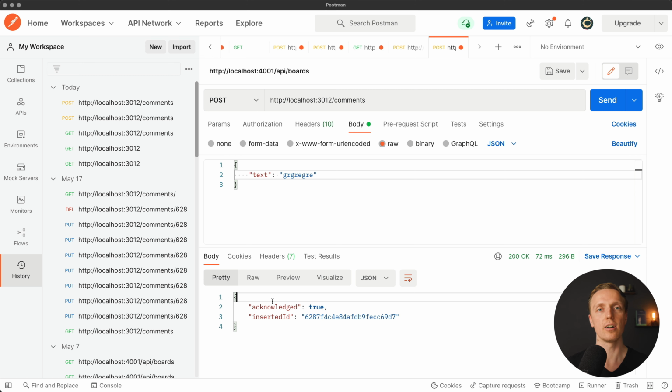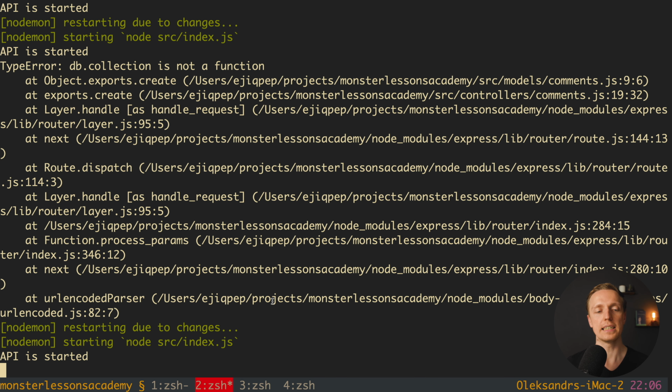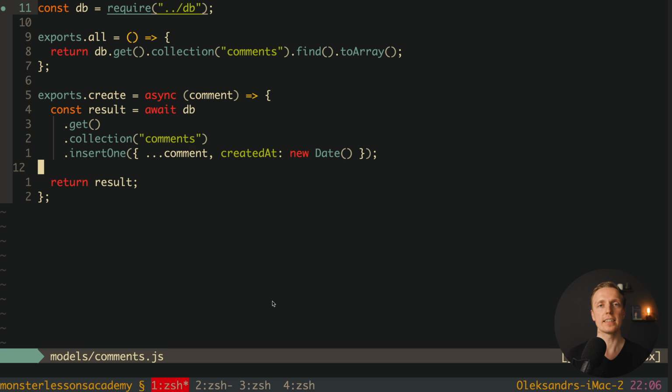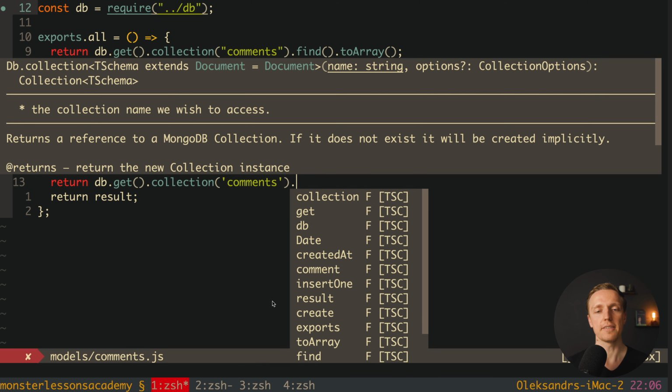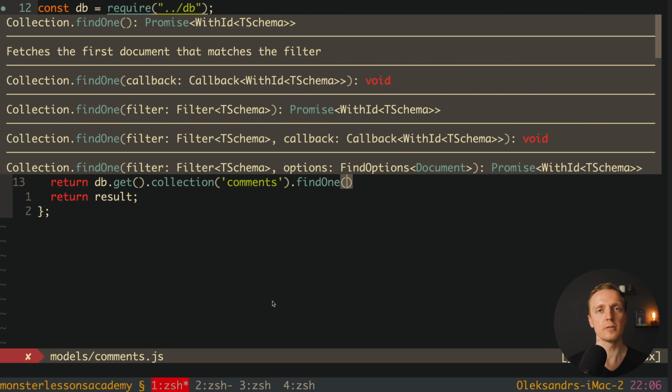I want to get the whole comment. Inside MongoDB it is not possible. We're getting back just this information. This is why directly here I want to get our full comment. And for this we can simply write return db.get and again .collection. Here we have our collection comments, and after this we're using findOne to find this single comment. And inside we can provide _id